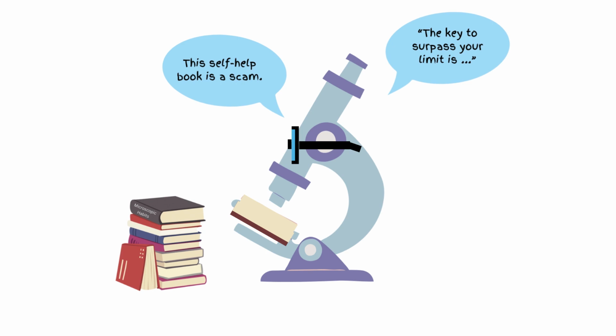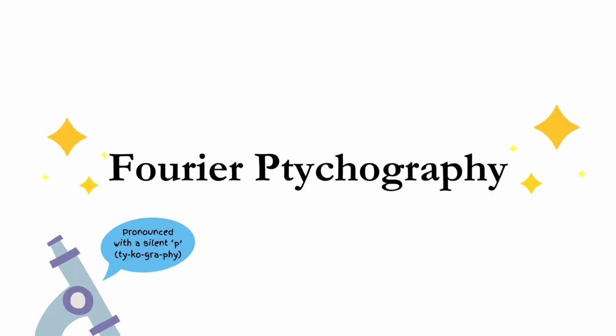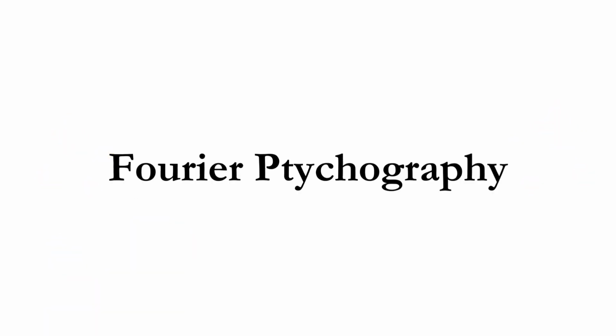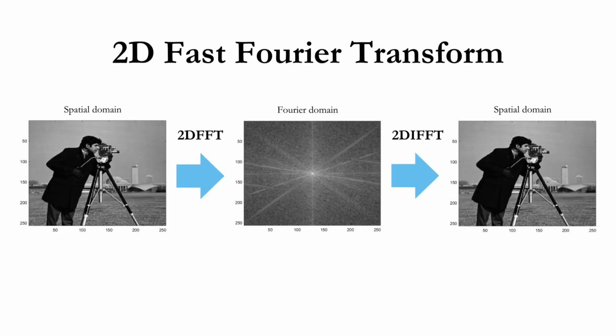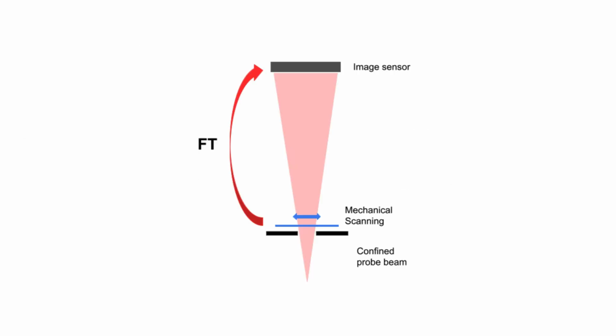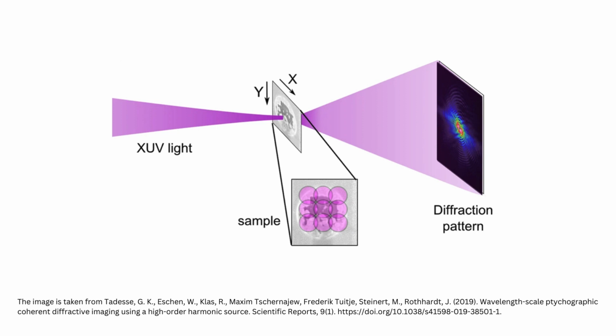This leads us to my research topic, Fourier ptychography. Fourier ptychography is a computational imaging technique that hinges on Fourier transform and ptychography. In the context of imaging, the Fourier transform of an image is a sum of its complex oscillations. Ptychography is a computational imaging method that involves capturing diffraction patterns from a moving specimen's light and generating a high-resolution